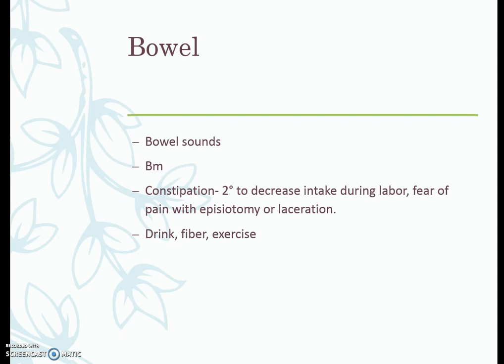So we always want to think about prevention. Make sure these moms are drinking lots of water, they're getting plenty of fiber in their diet, they're up out of